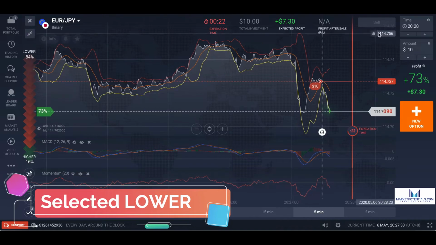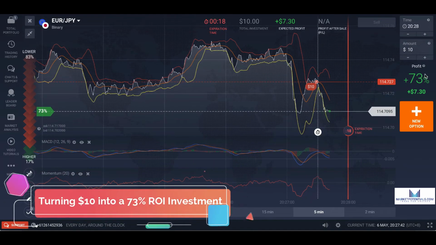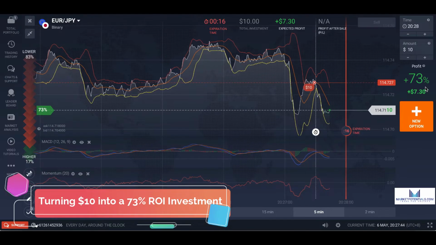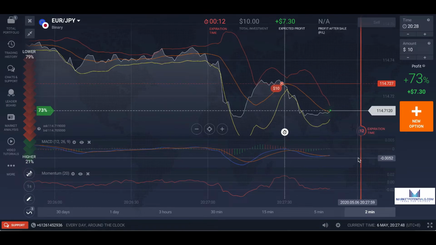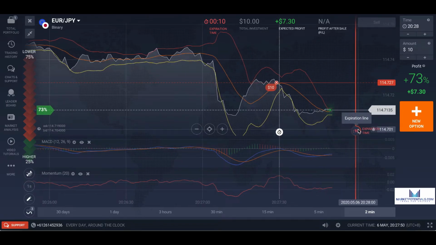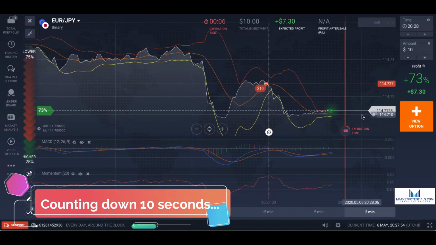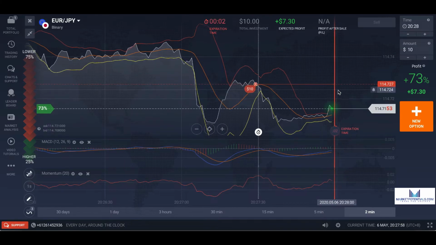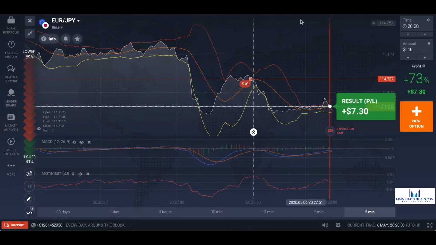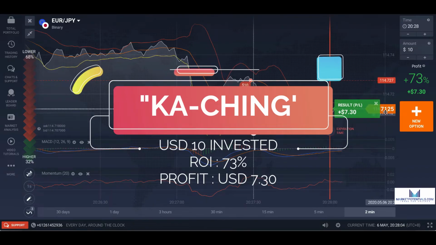So guys, again, like I said, I am literally turning your first $10 deposit into a profit of 73%, or $7.30 right here. As you can see, I've got about 10 seconds left to the expiration line, and all I need it to be is just lower than the beginning here, the trade initiation point, and I'm going to pocket $7. That's it, guys. Here we go. So that's $7.30